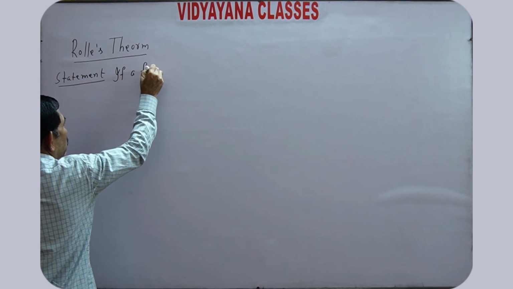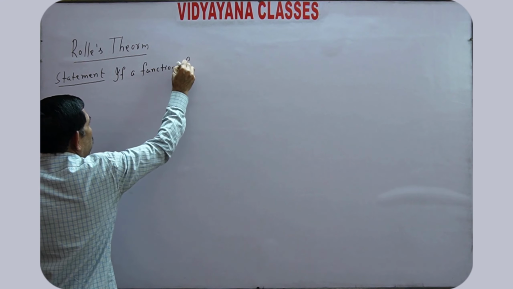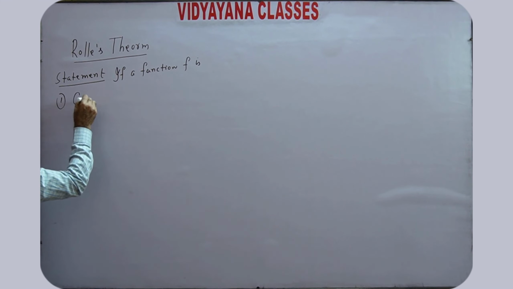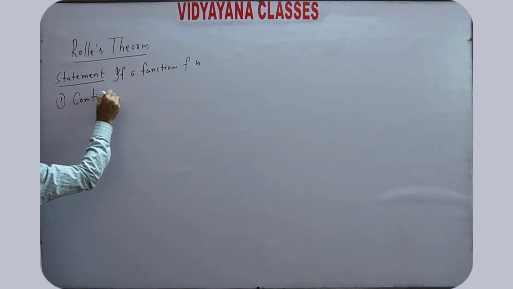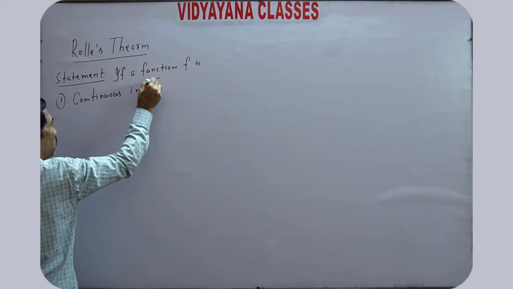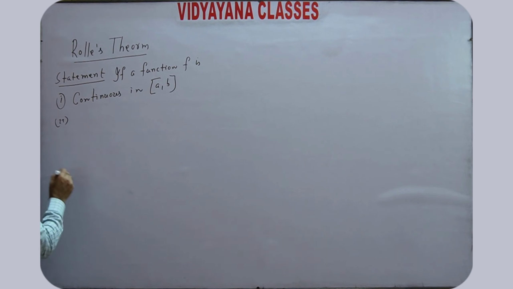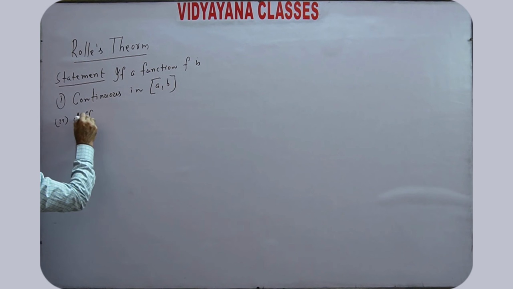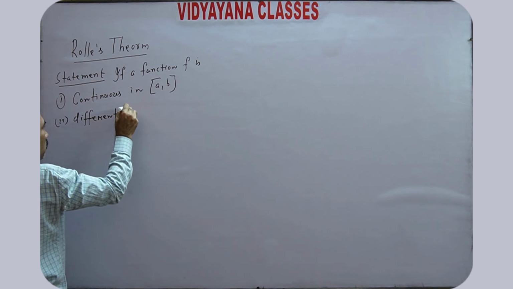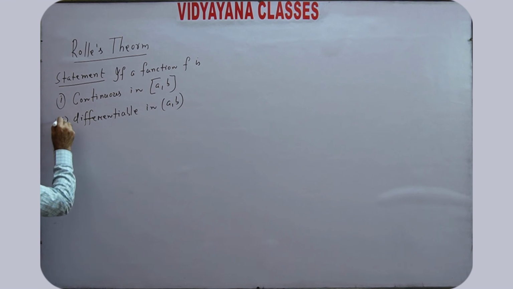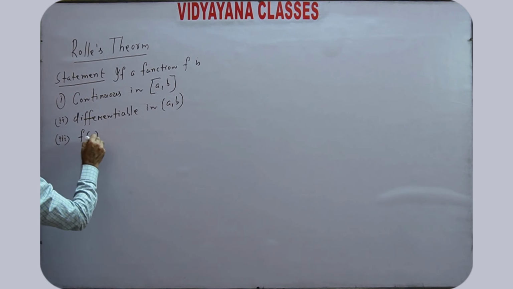If a function f is continuous in closed bracket AB, second point, differentiable in open bracket AB, third point, f(a) is equal to f(b),